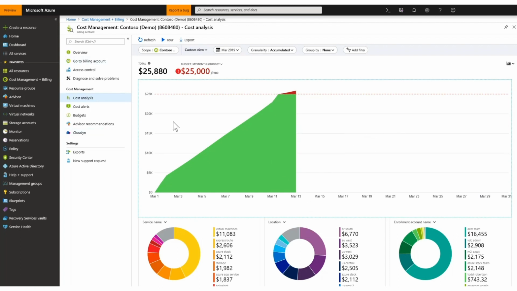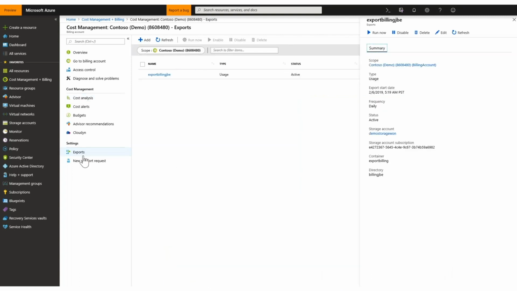For visibility, we have cost analysis, exports, and Power BI. Cost analysis allows you to view and analyze your data with a rich set of interactive experiences. With exports, you can push your data to a storage account on a daily or weekly basis. This is a great option if you want to keep daily snapshots or use this to integrate with other sources